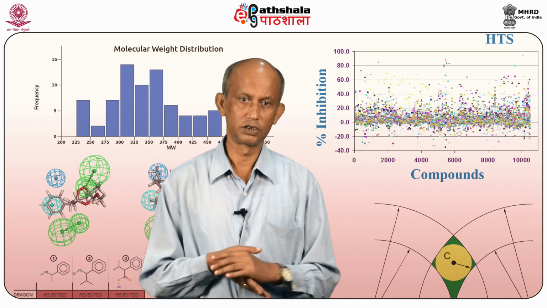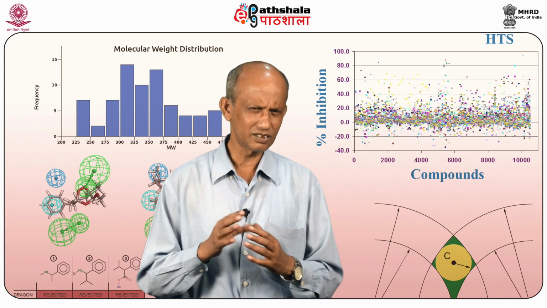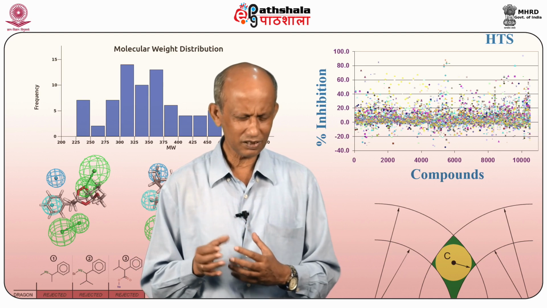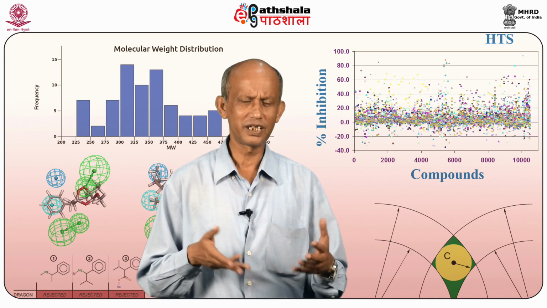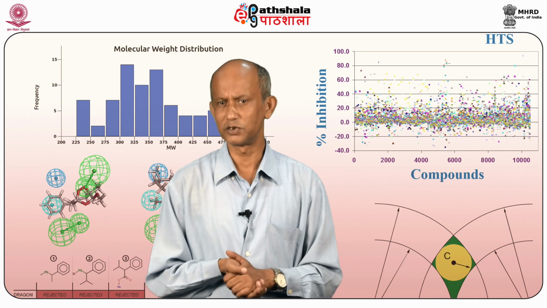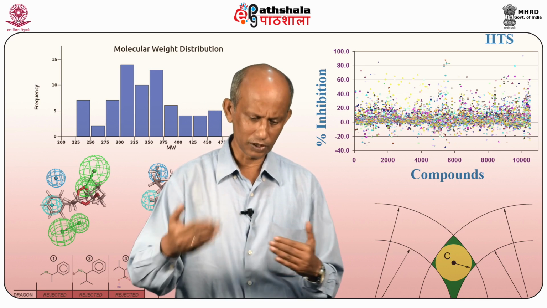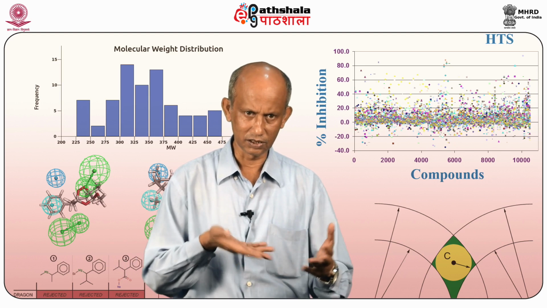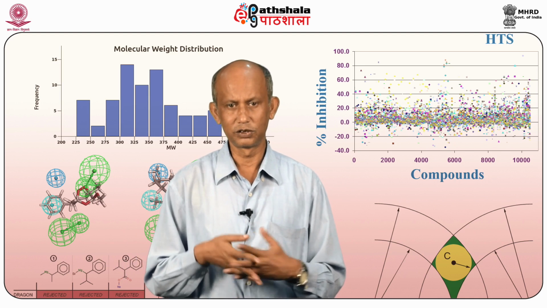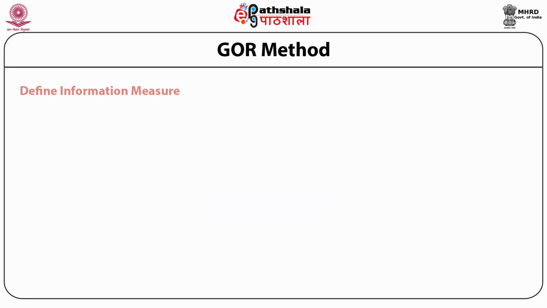Now let's take the other one, which is due to 3 scientists, Garnier, Osguthorpe and Robson, and so the method is known as the GOR method after them. In a certain sense, it is not very different from the Chou-Fasman method. However, instead of simply calculating propensities based on occurrence, they use certain information theoretic measures. This program has over time changed itself quite a few times; the original one was called GOR 1, and the current version is called GOR 4.